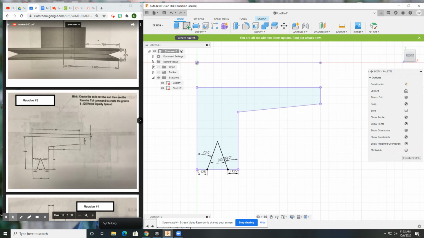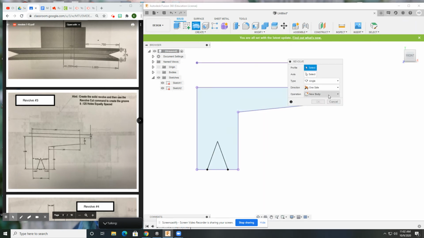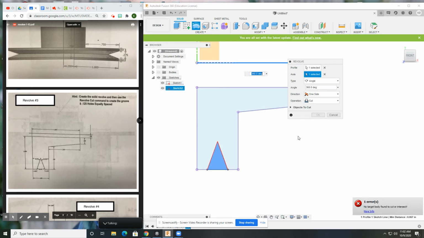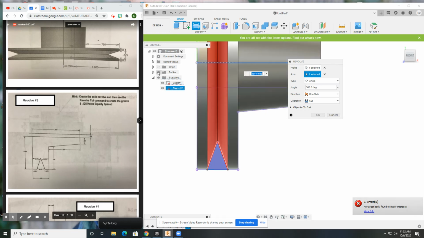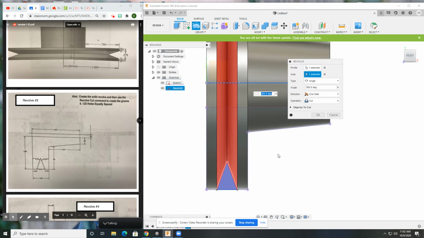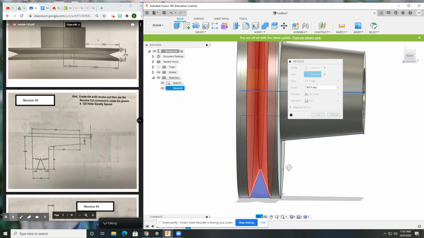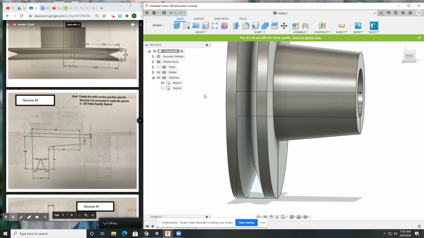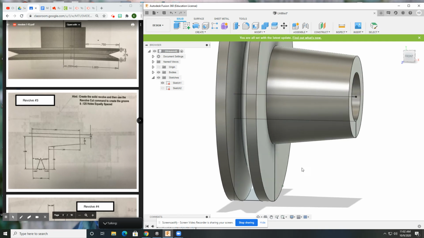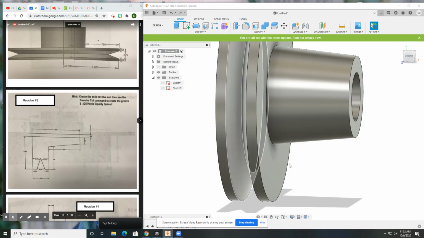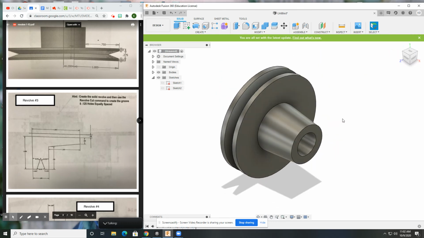So now I can revolve that. And instead of new body, just like you did with extrude, you're going to go to cut. Select your profile. Now select your axis. Turn the initial body on. And it shows the cut in the preview. If you don't turn the body back on, it'll say there's nothing to cut. So you do have to turn that body back on. And we still see sketch number 1 under there, so hide that sketch as well. And that's how you do